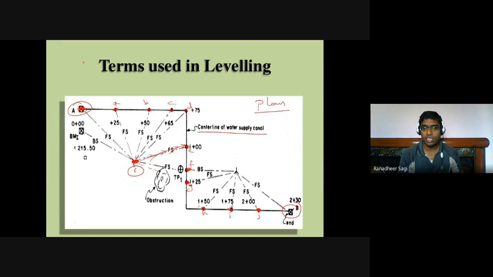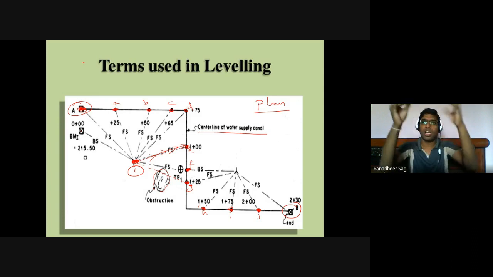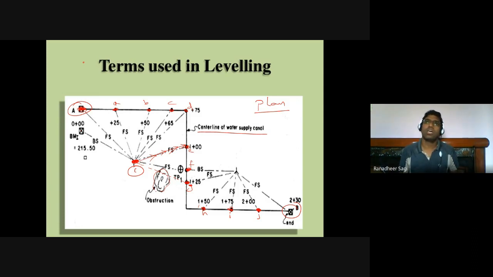But when I wanted to place my leveling staff at point G position, with the instrument in this direction, I could not have a proper focus onto that point G. Why? Because of the obstruction I had here. Maybe a building, or a small hill, or some trees which exist, or whatever it could be. Because of that I am not able to have proper sighting of the leveling staff placed at point G, where I am interested in determining the elevation.